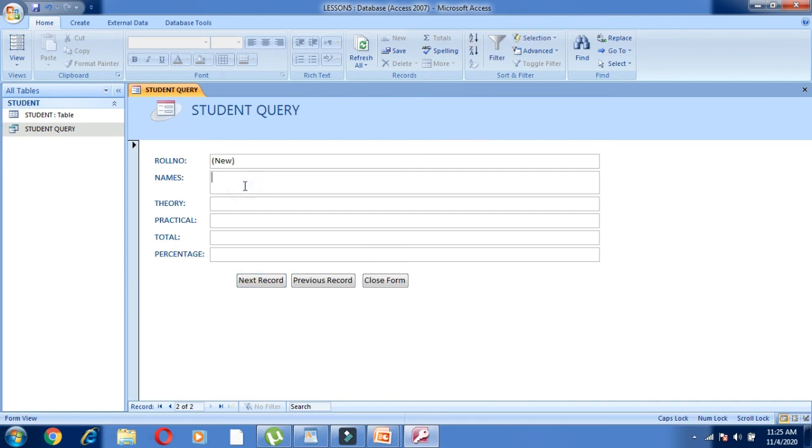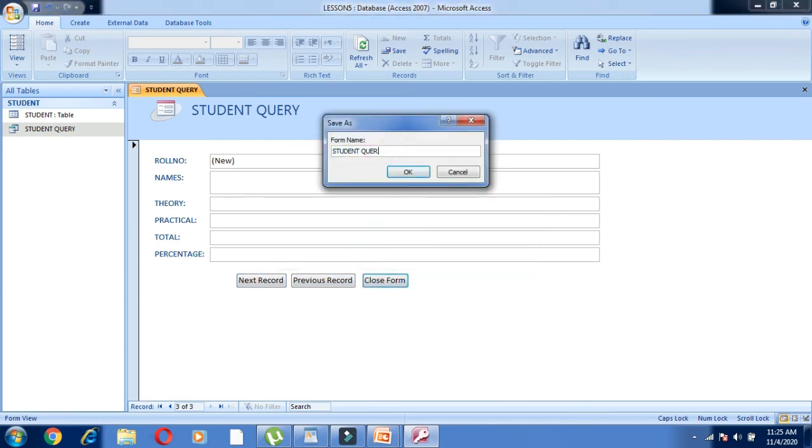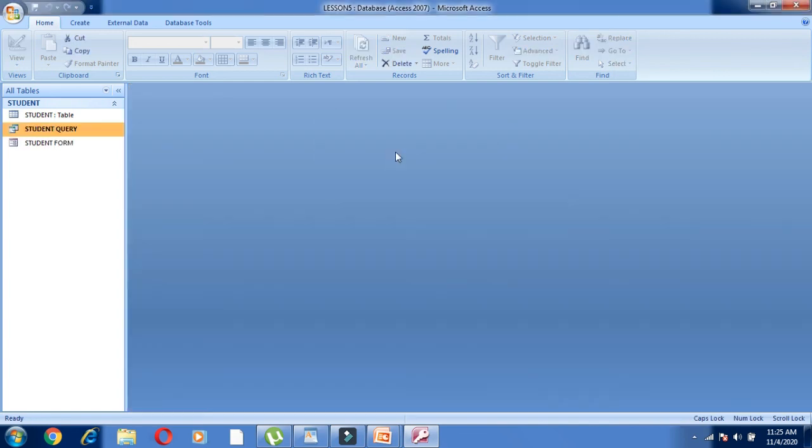We can write here, say, Rima or Rina, any name. We give the marks here again, and we find that the total and percentage come automatically. Like this we can enter multiple records, and we can check the previous record this way. And we can close the form also. We'll be asked to save, we'll click yes, and we'll name this one student form. So the student form has been created.